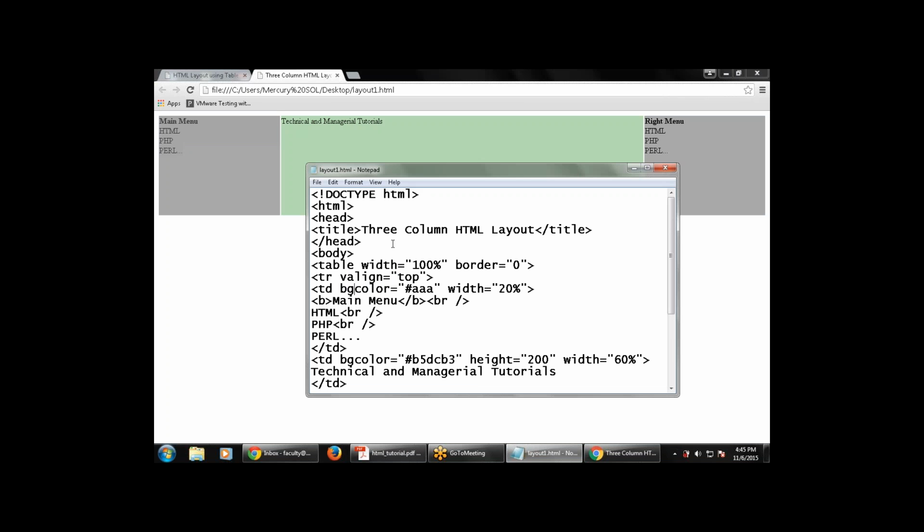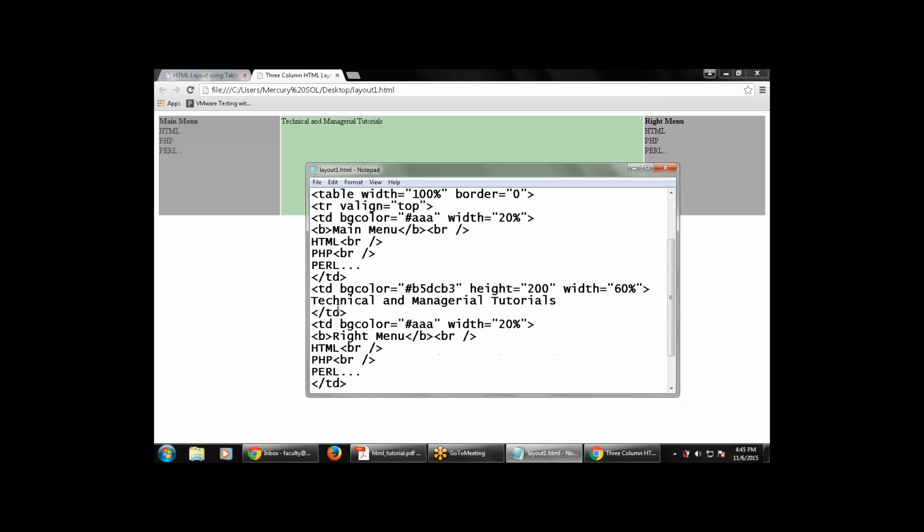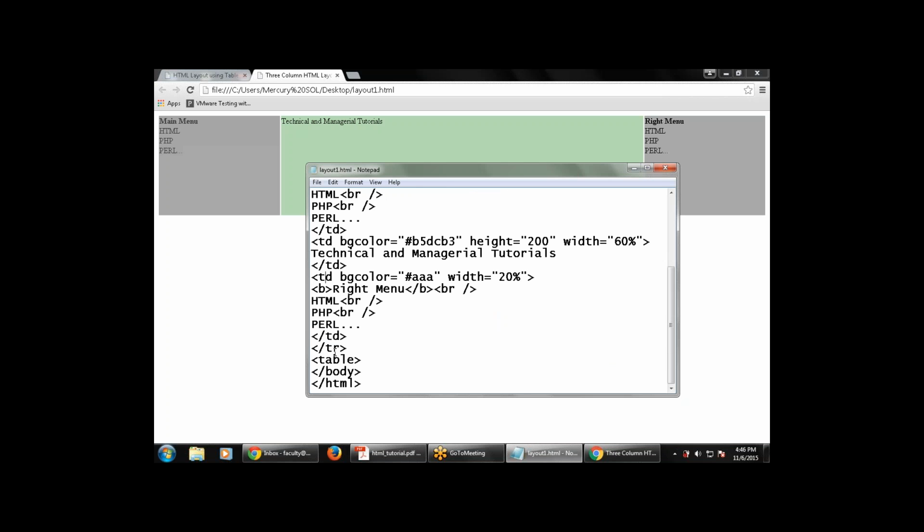Then bgcolor, this is the background color of this one, that has a width of 20%. Then this is the b main menu, that is available within the bold. Then HTML, PHP, Perl, then TD will be closed. The new TD has a bgcolor equals to hash 5VC3, height equals to 200, width equals to 60%. Then technical and the managerial tutorial, then the TD will be closed, TD will be opened, bgcolor equals to hash AAA, then width equals to 20%. Then right menu, b will be closed, then HTML, PHP, Perl, then TD will be closed, TR will be closed,